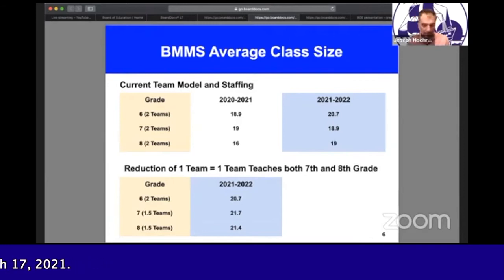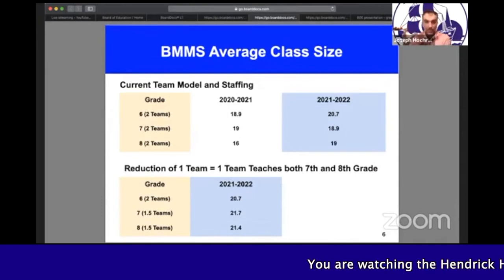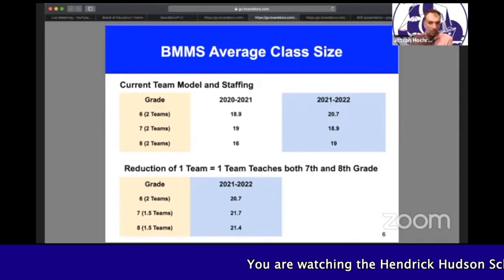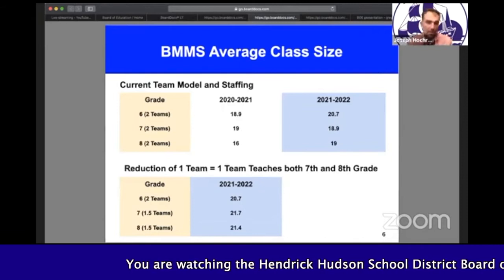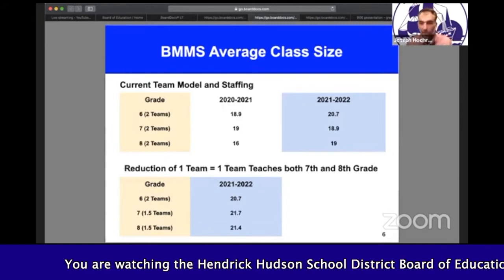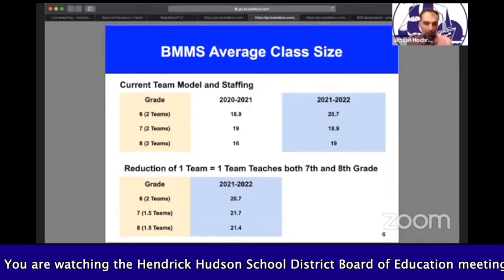So we have been having discussions around what other potential savings could be out there. Do we have retirements that we could just assume those positions and not rehire? We don't for the entire middle school. And just to recall, a middle school team includes an English teacher, a science teacher, a math teacher, and a social studies teacher. So if we were to reduce a team, just so everyone understands, a team would be those 4 teachers. We would reduce them and either we would not refill those positions if those individuals retired, or we would have to lay them off.